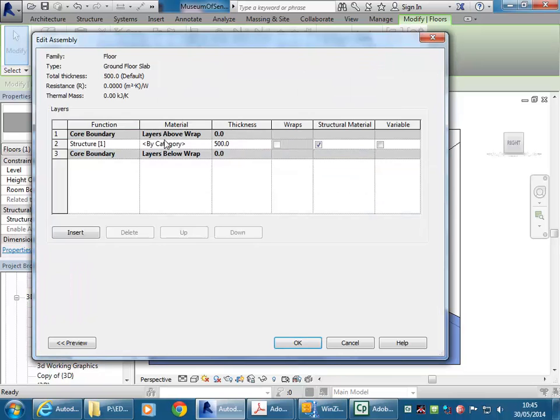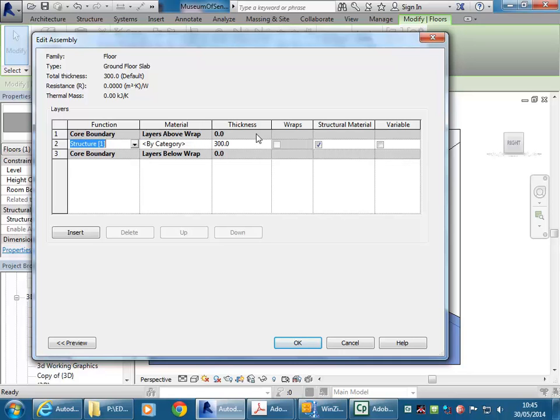Edit the structure, and I'll show you a few different materials. Have you done polished concrete or looked at ways of doing those sorts of materials? They're actually pretty easy to start for rendering, but the way you build them can be a bit tricky. Basically, yeah. And so, I'll do a timber one first. So I've got this 500 thick layer. I'm just going to take that down to 300,